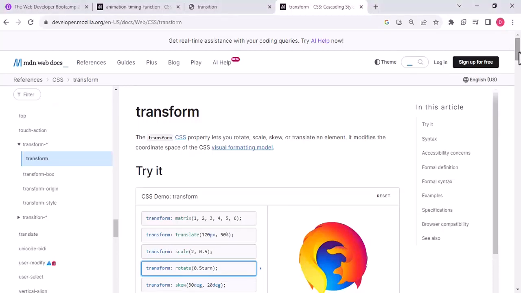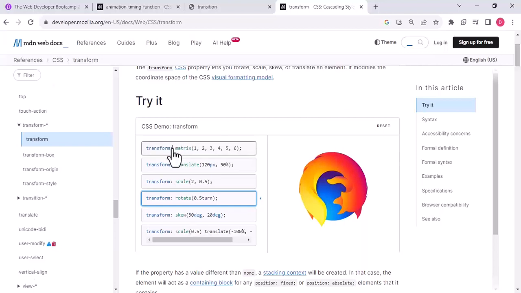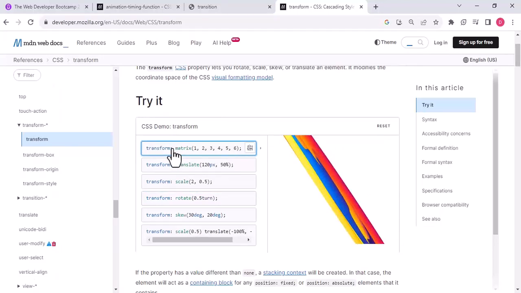Hello, it's time to discuss the transformation, which is also another important and interesting property. The transform CSS property lets you rotate, scale, skew, or translate an element. It modifies the coordinate space with CSS. So you can see transform. This is so the actual shape transforms to some other